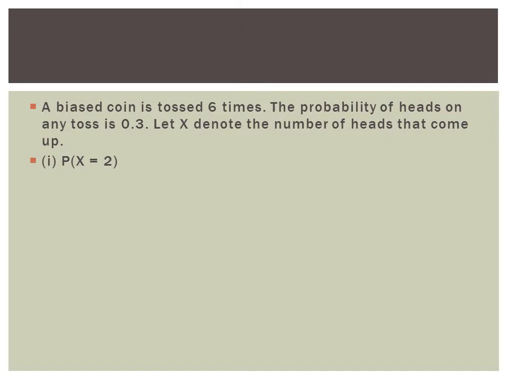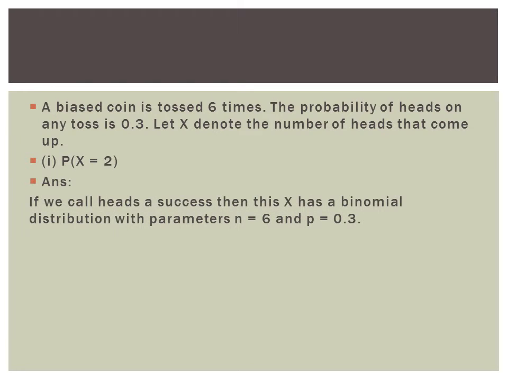First, let's calculate the probability of x equals 2, which means the result has 2 heads. If we call heads a success, then x follows the binomial distribution with n equals 6 and p equals 0.3. The probability of x equals 2 is 6C2 times 0.3 to the power 2 times 0.7 to the power 4. And we can use our calculator and find that the result is